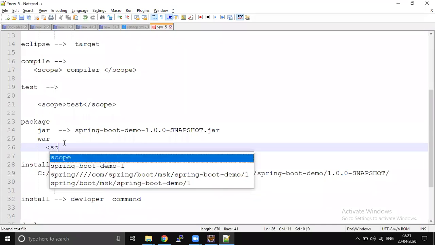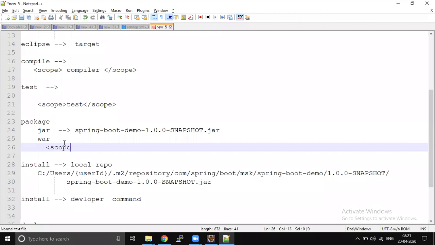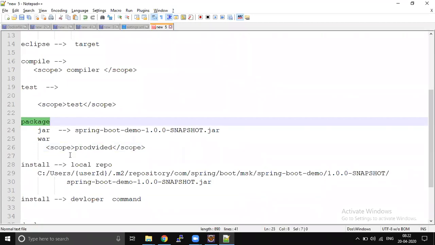Then you have to mention scope provided, so that the jar file won't be packaged in the final output. That will be skipped. The jar file won't be present inside your final output.